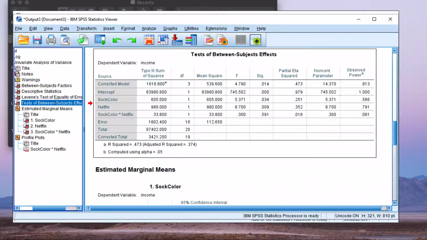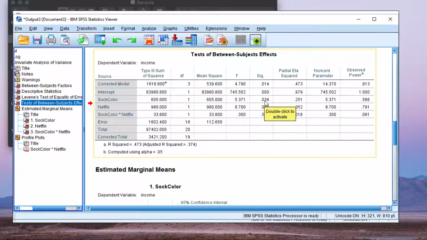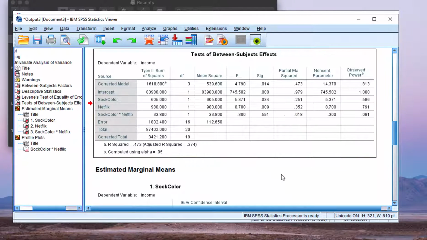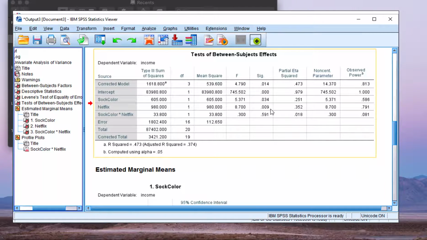So let's look at our tests between. Based on our sock color, it has a significance level or p-value of 0.034, which again is less than alpha. And if we look at our Netflix data, it is 0.009. So for main effect number 1 and main effect number 2, we are rejecting the null based on it being